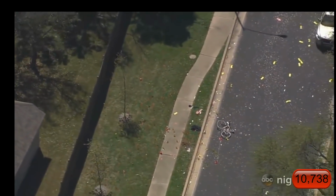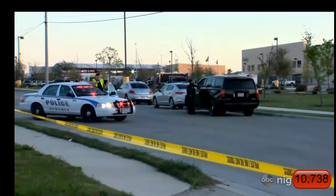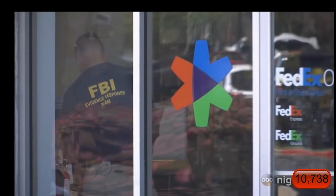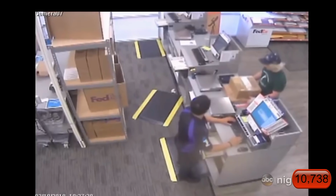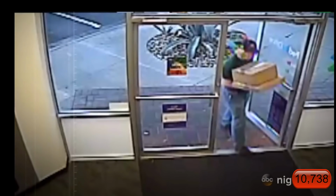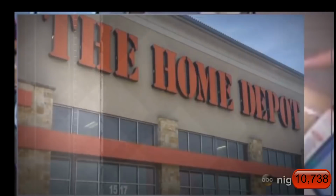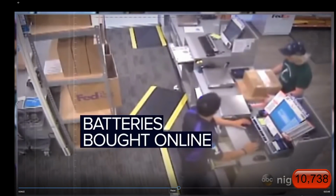A bomb rigged to a tripwire. The victims this time were two unsuspecting bicyclists, Will Grote and Colton Mathis. Then yesterday, that fifth bomb detonating in a FedEx facility. 5 bombs exploded, but the sixth, an unexploded device recovered from FedEx, turned into a key piece of evidence. Police zeroing in on Conditt after catching him on surveillance video trying to mail a package from a shipping center in Southwest Austin. Seen here, they say, in an apparent disguise, wearing gloves, investigators then matched these images to his receipts from FedEx, where police say he used the pseudonym Kelly Kilmore. They also found his receipts for the nails, which they say he bought at a Home Depot, and the batteries he used in those devices, which according to...